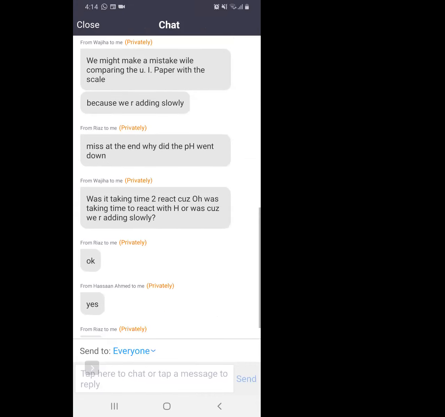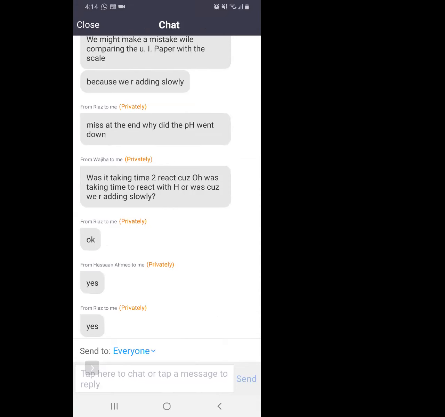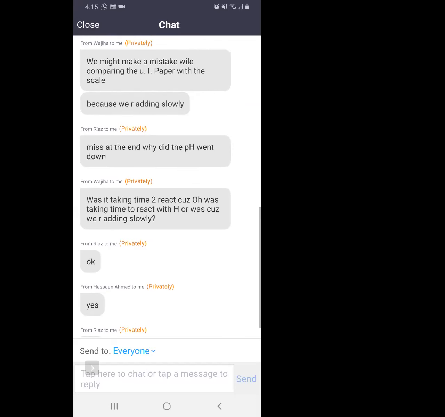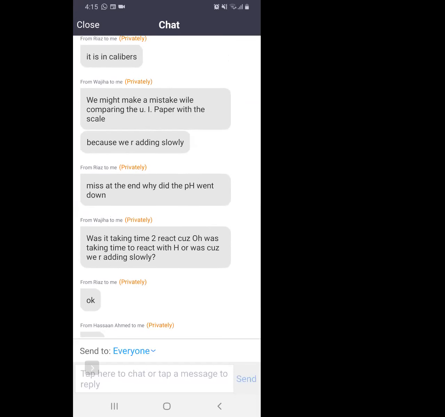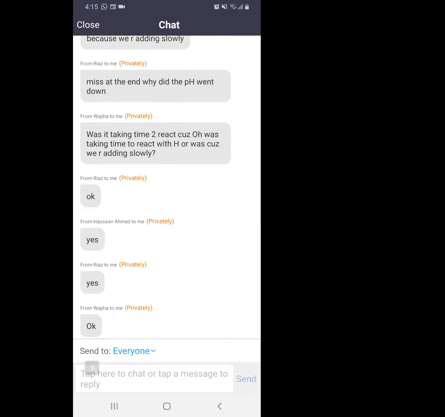Was it taking time to react with hydrogen, or is it because we are adding slowly? Yes, we are adding slowly, because remember, we have to make sure that the amount of acid and alkali are exact. We cannot go in excess. So we have to be careful. We have to add only that amount of alkali which will exactly neutralize the hydrogen ions, and then gradually,